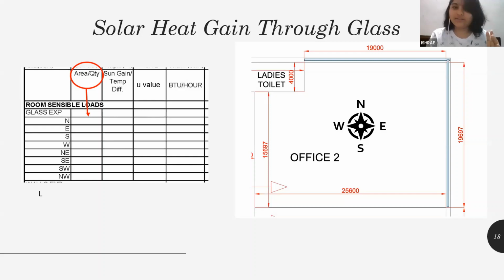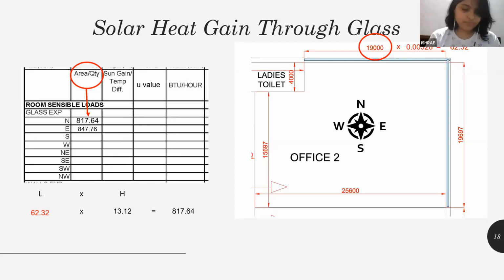So you can see the 1900 written up. So what we are going to do is we are going to do length into height for the glass. So this 1900 is in mm. So first I'll convert it into feet. So 62.32 feet. Now I'll multiply it with the height. Height was taken as 13.12. So the total area will be 817.64. Similarly, I'll calculate area for the east side.